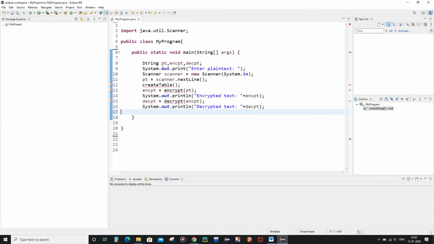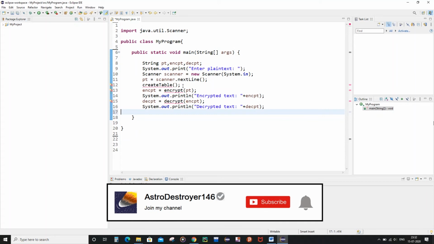Inside the main function first of all I declared 3 string variables: plain text, encpt and decpt. I have also taken the plain text as input from the user and invoked the create table function, the definition for which I am going to write later.